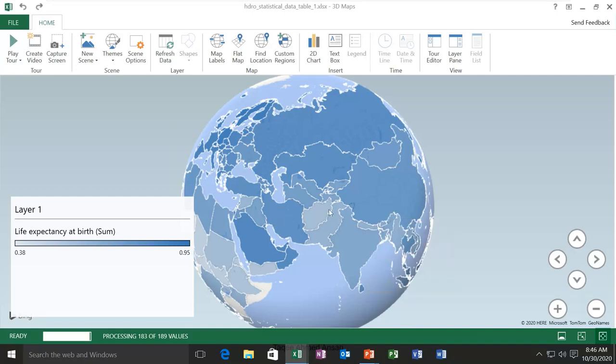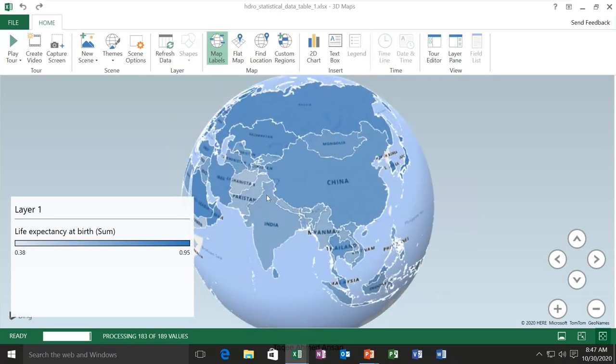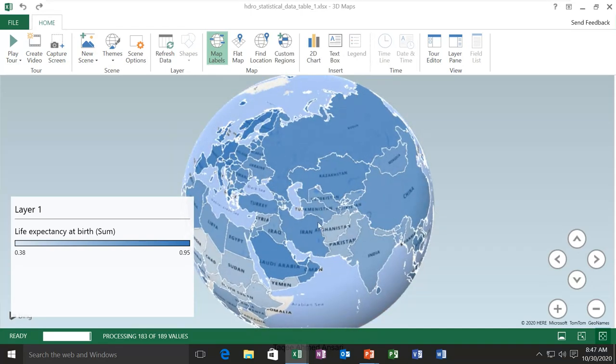If it is not showing the country names, you can enable the labels. Now it is showing the labels of the countries also. As you hover the mouse, it shows the details about that. So it is a good idea to have this 3D map globe representation.